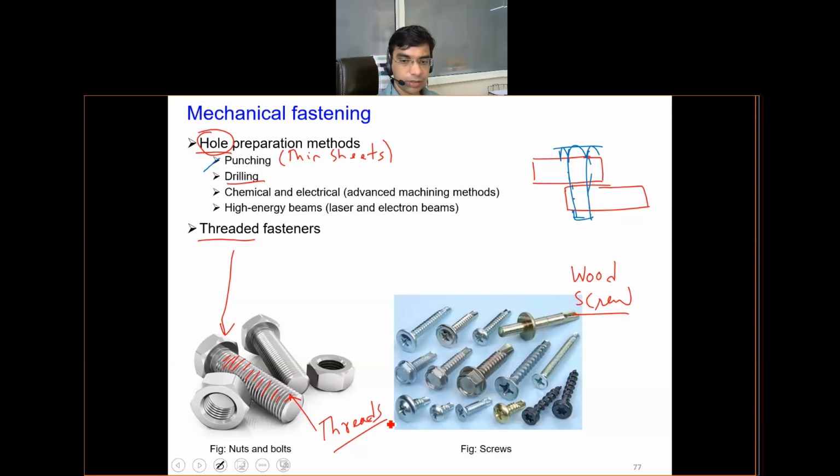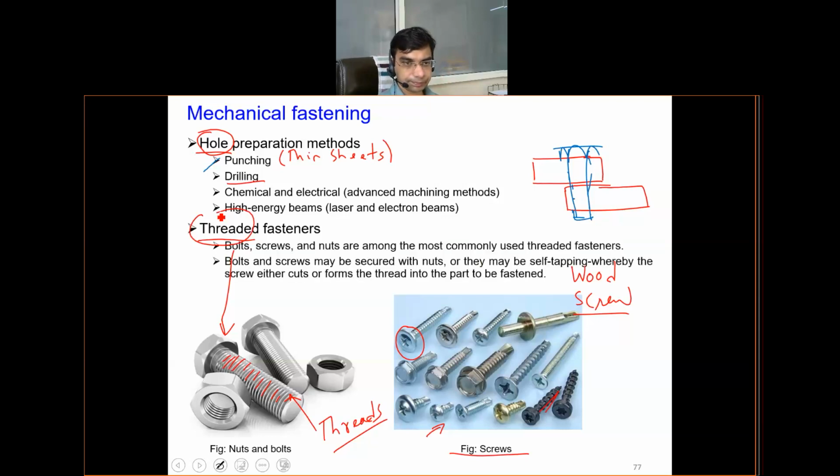So you can see some more varieties of screws. Screws are provided in a very large variety. Most often you will see the head of the screw is slightly different, or maybe the pitch of the threads is different. So depending on the need, there is a wide variety of screws available. Correspondingly, we have wide varieties of spanners and screwdrivers, which can fasten or unfasten these threaded fasteners. So I hope this term threaded is now clear, that these are basically because of the presence of threads.